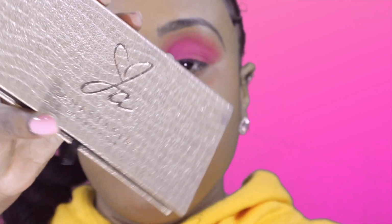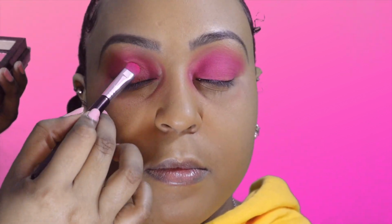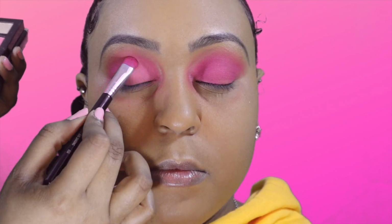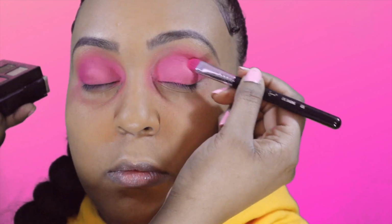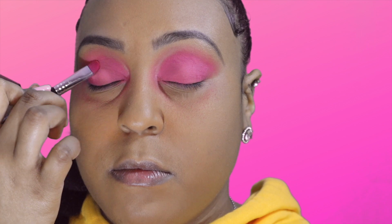Next, we're using our Anastasia Beverly Hills Jackie Aina palette, taking the shade Supreme, using the same brush we used for the hot pink, just flipping it over and covering the first two-thirds of our eye with that color to add a little bit more depth, a little bit more of a gradient on the eye, but still keeping it matte. Nothing too fancy. Not much technique going in here, but